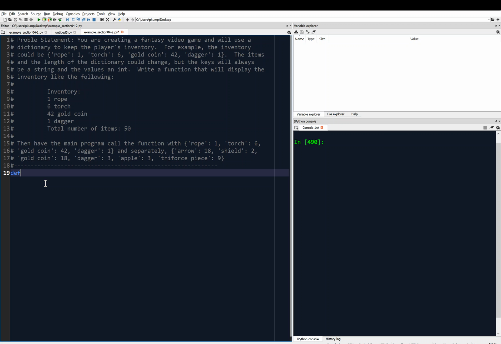So I'm going to write the keyword def, and I'm going to call this function displayInventory, with a capital I, camel case notation there. This is going to take in the inventory, right? It needs that as an input, colon, and then indent on the next line. Alright, so now I need to print the word inventory colon. So I'll print